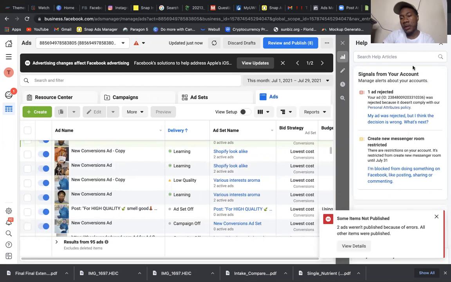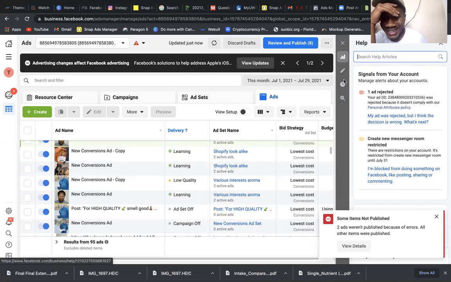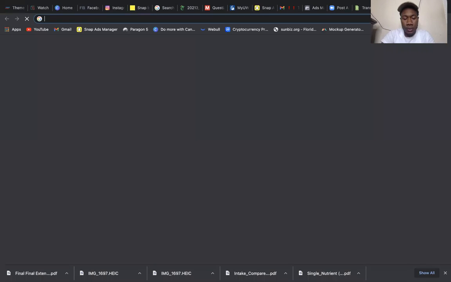And first what they're going to show you is articles and things like this. So I'm blocking signals from your account. So I'm blocked. Again, as I tell you guys, there's restrictions on my account right now, so I'm banned until the 31st, which is crazy, bro. Once they're doing this, I'm just gonna go ahead and go to.